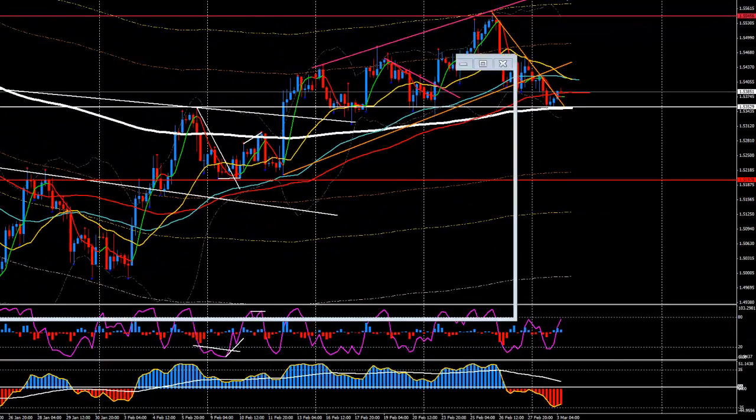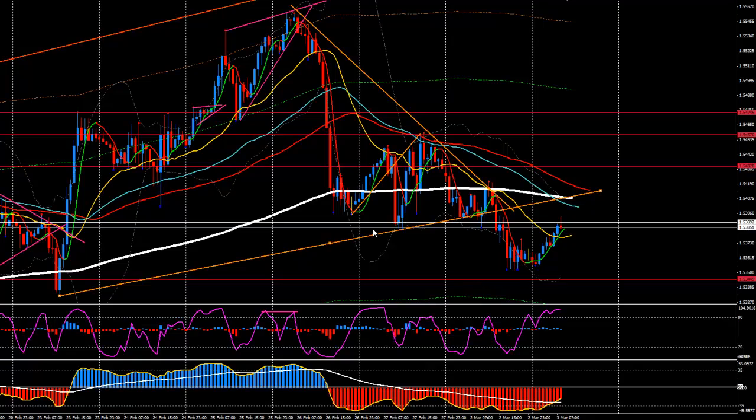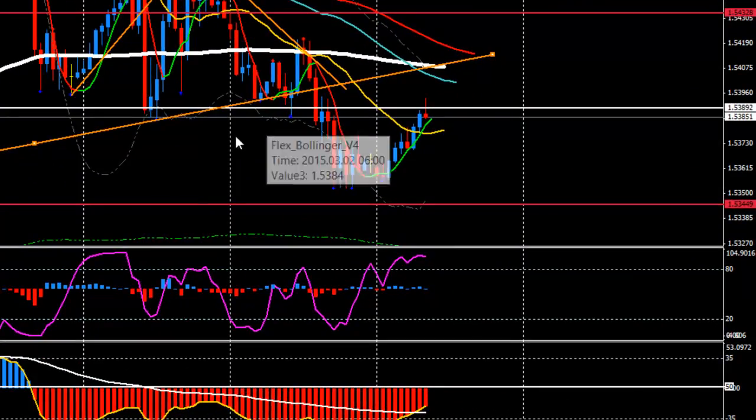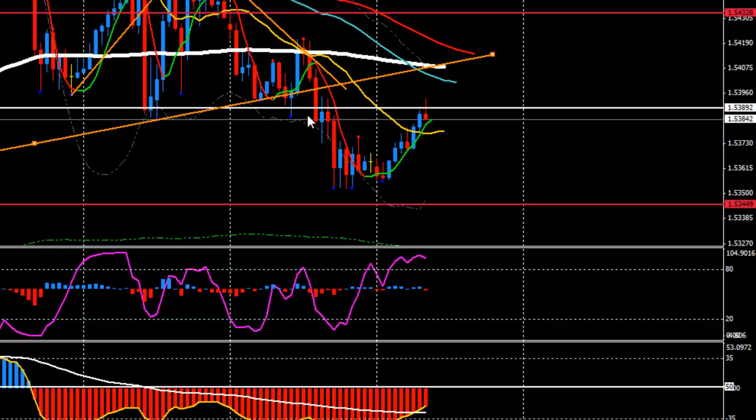Let's move on to the 1 hour. Before we jump into today's plan, I'm just going to go through yesterday's trade. As I mentioned yesterday, there were opportunities if the price broke this trend resistance line or this support. We had this triangle, and the price nicely respected this trend resistance line, and this was the